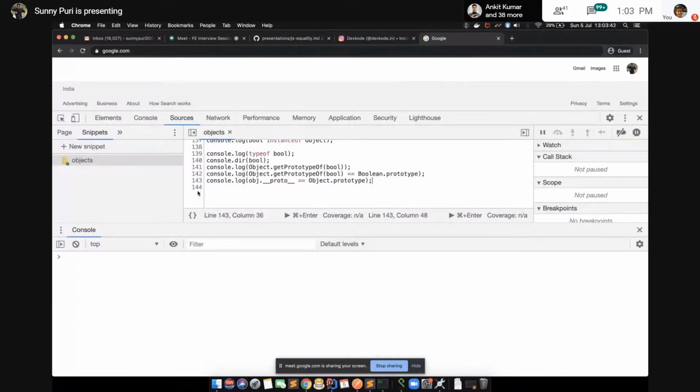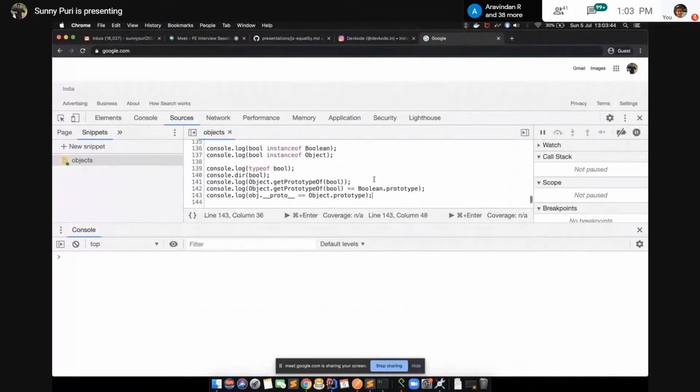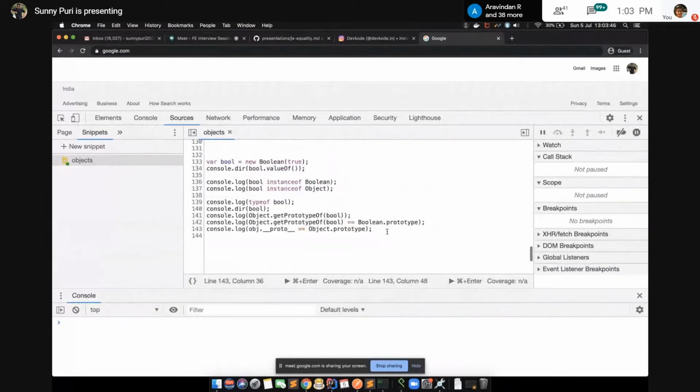Let's try it out. So guys, this much is clear: whenever we use the new keyword, it will link the object prototype with the instance. Can we check the example?